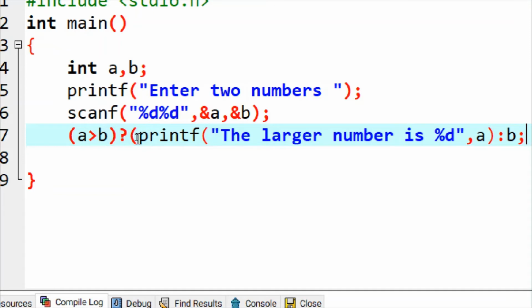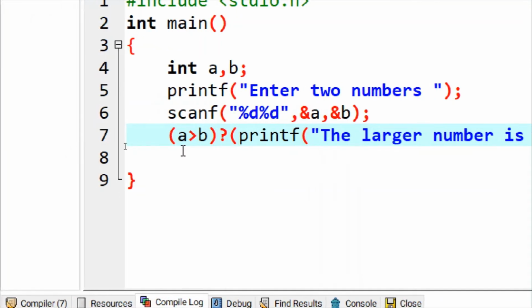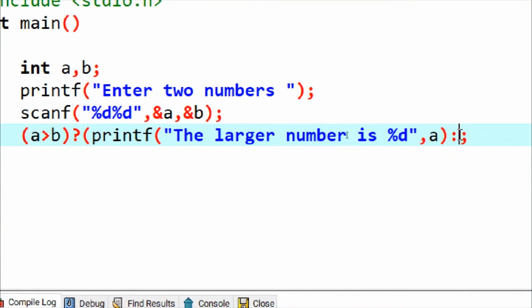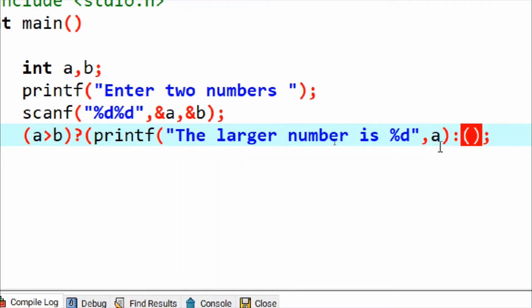Now what will be executed if this condition is false? If this condition is false, then the expression written after colon is executed. So this condition is false. A greater than B is false, means B is the larger number. So what do I have to write?